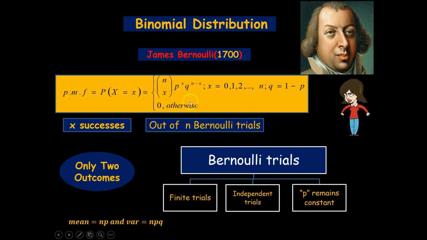Such trials or such random experiments are known as Bernoulli's trials. And if for this experiment a random variable is defined such that it takes a value of 1 when success occurs, and it takes a value of 0 if failure occurs, such kind of distributions are known as Bernoulli's distribution. But as far as the binomial distribution is concerned,